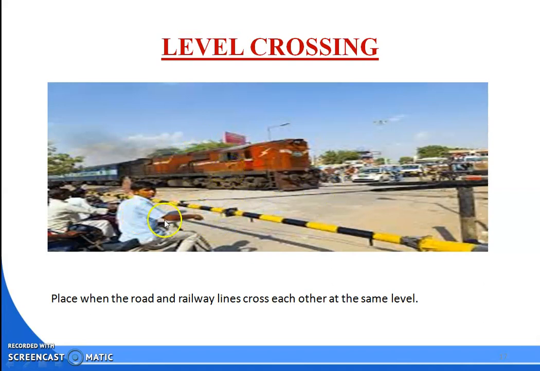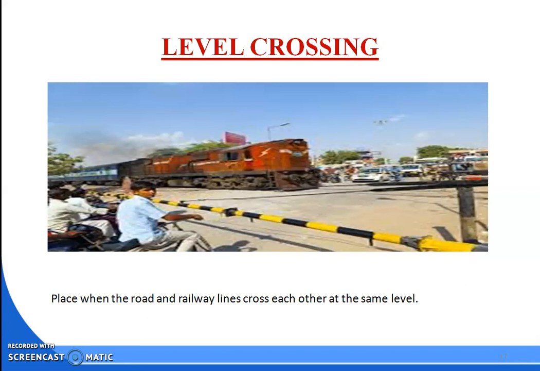Okay. So here the place where the road and the railway line cross each other, which cross each other at the same level, is called a level crossing. Okay. So we will know a little more about that. A level crossing is an intersection where a railway line crosses a road or path, or in a rare situation, an airport runway, at the same level. As opposed to a line where the railway crosses over or under using an overcrossing or a tunnel.